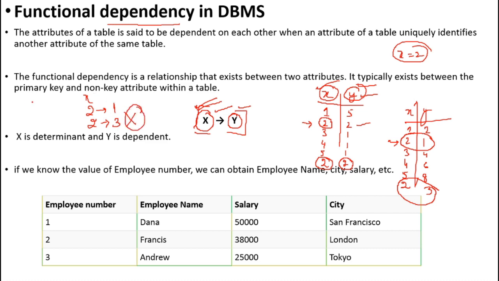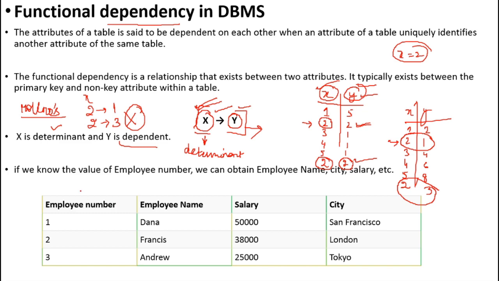Let's suppose we have a list of roll numbers in a given classroom. We can have only one unique name corresponding to a roll number. So this is an example of functional dependency. This means that whenever we have the X value given, we must have the corresponding Y value the same. Here X is called the determinant and Y is called the dependent.